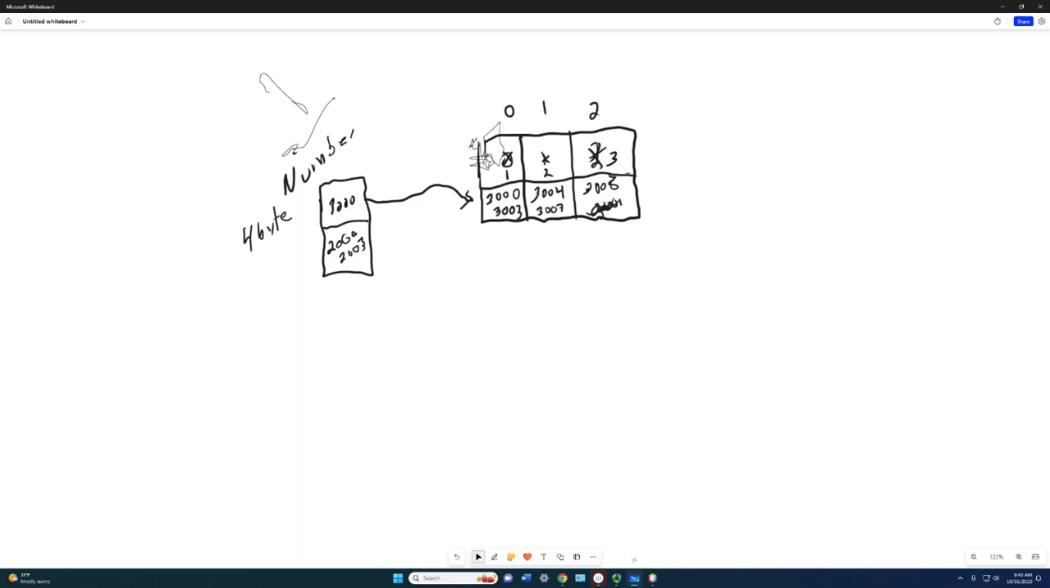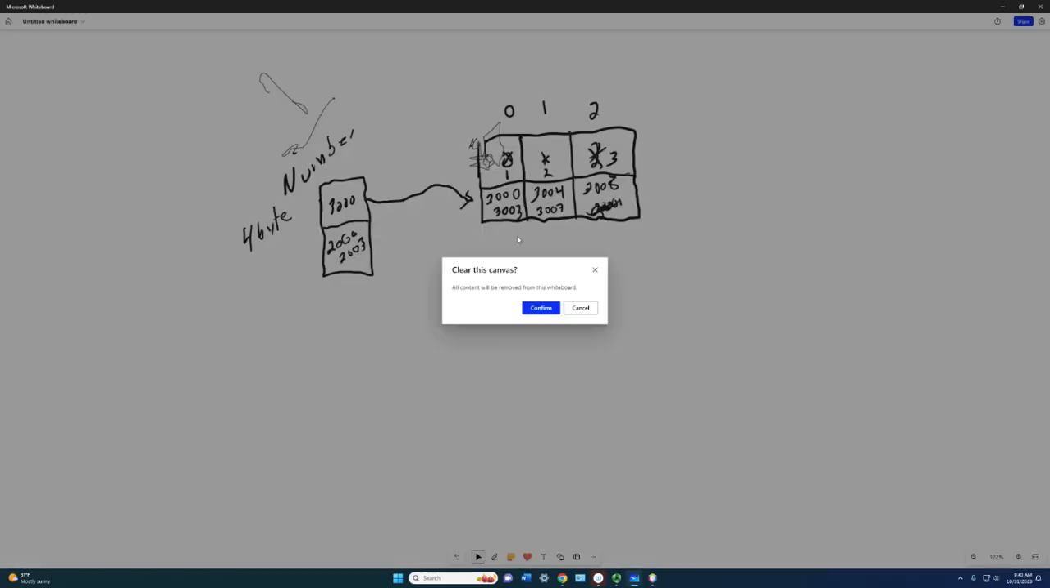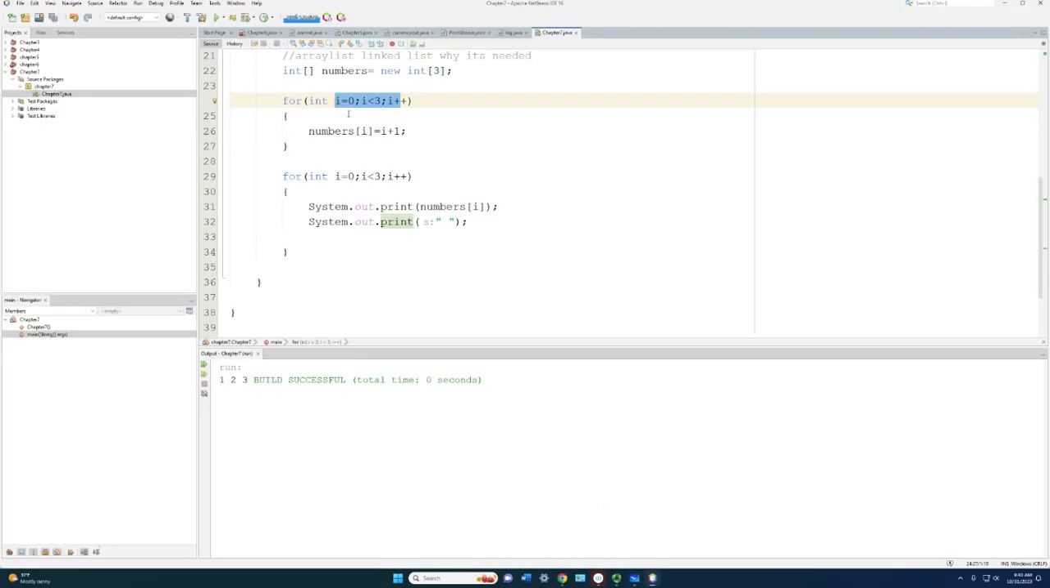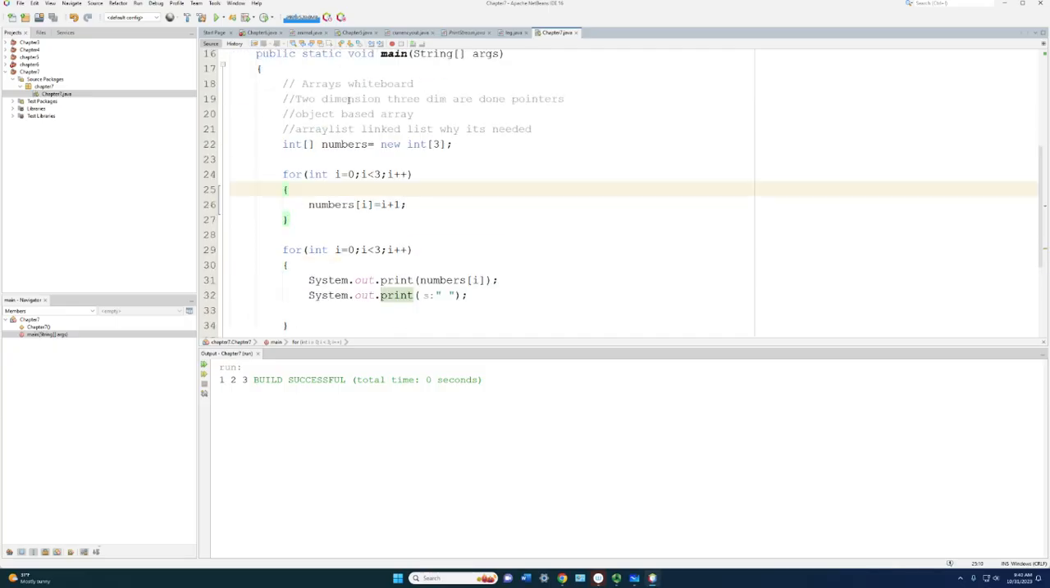Now let's extend this to how multi-dimensional arrays are done. Your book actually does pretty good on this as well. So we're going to go ahead and clear this whiteboard, and we're going to come back to here with a little bit more to it. So let's go ahead and go into here, and what we'll do is we're going to now add